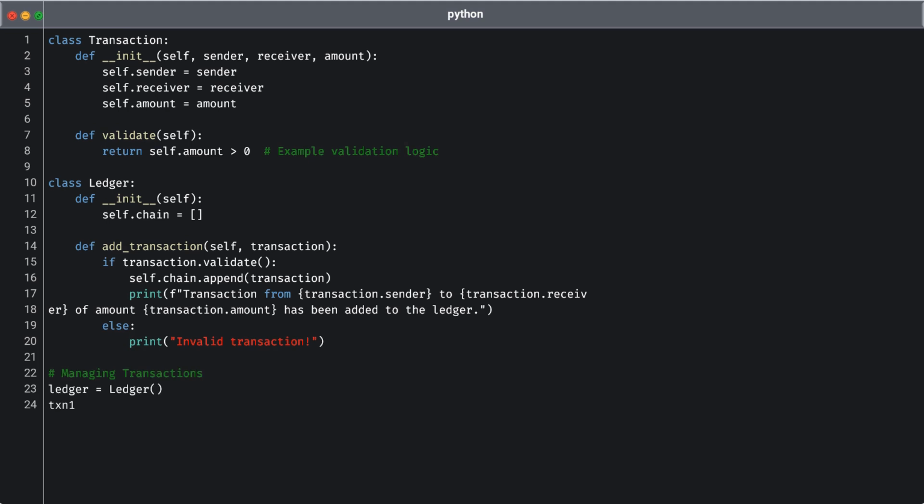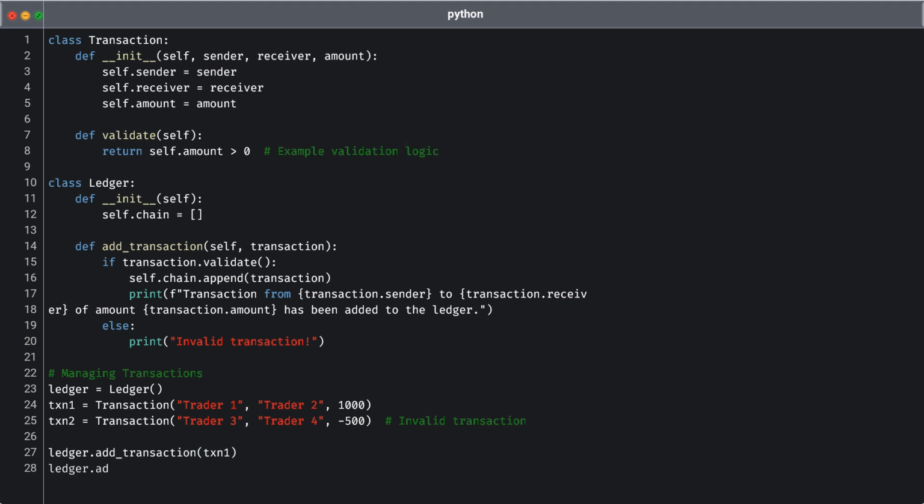At the end of the code, we create instances of transaction to simulate a trading environment and demonstrate how to manage incoming transactions in a very simplified financial ledger. This structure emphasizes the secure and tamper-proof characteristics of distributed ledgers, which are vital for reducing fraud and enhancing trust